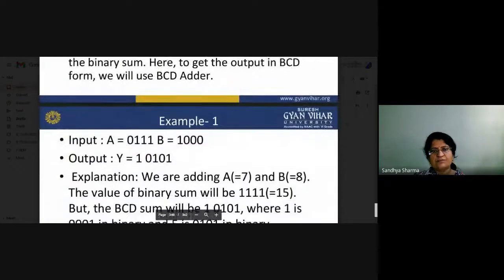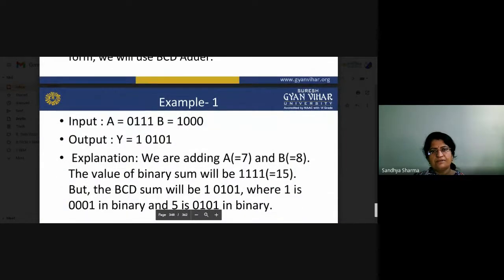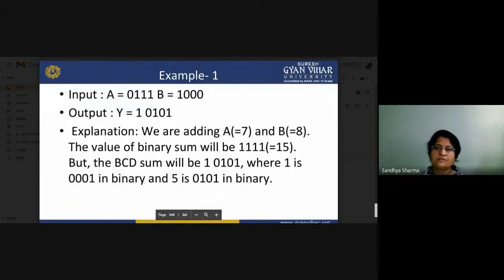Here is an example of how you can implement this. A and B are given, and you have to add these two numbers. Explanation: when we add A equal to 7 and B equal to 8, the binary sum will be 15.